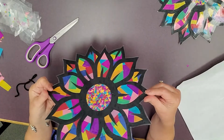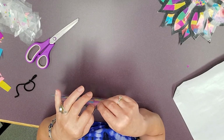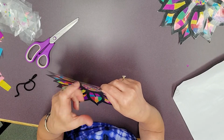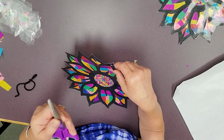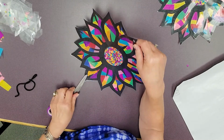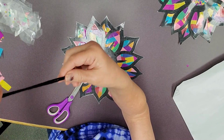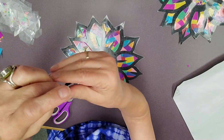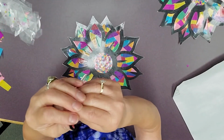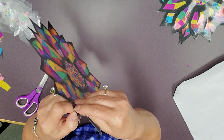Now that you've cut out your flower, all you have left is the hanging. Now, I did pre-punch, of course, a hole in your flower, but now that you've put the two-sided contact paper, if you don't have a hole punch, I just took my scissors and did a little thing around in there and cut a little hole for it. And you want to take your piece of yarn and fold it in half like this. And then the end that is in the middle, this little loop, stick the loop through the front of your flower, through the little hole,